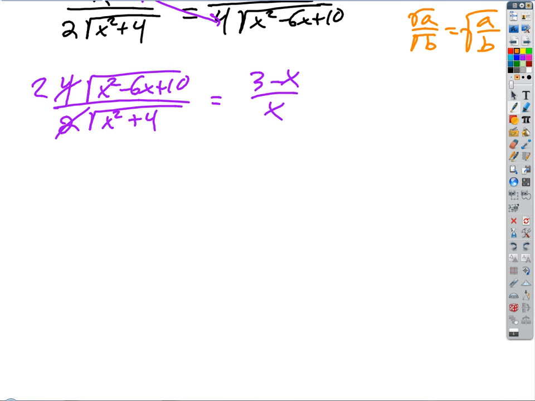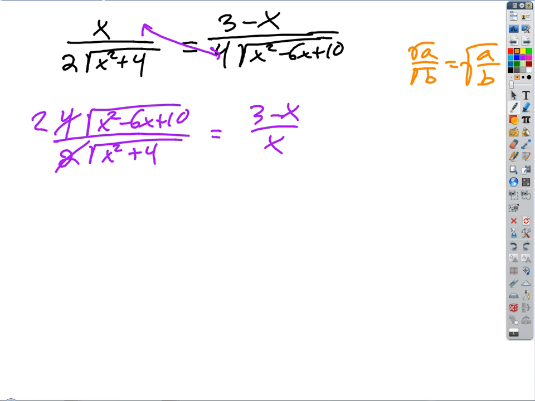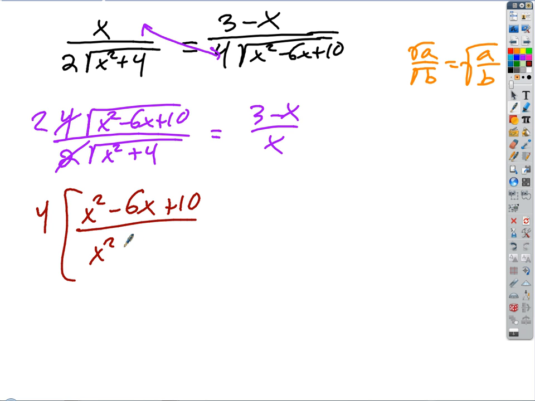Okay, so then all we have to do is square both sides. I'm just going to get rid of that radical on this side, right? So if I square both sides, the 2 gets squared. So I'm going to get 4 times (x squared minus 6x plus 10) over (x squared plus 4), equals, and I have to square this side out too. We probably should have just kept that, as we might go back and complete the square again, because we're going to get an